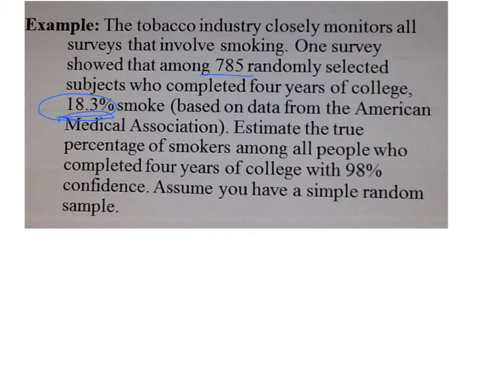So my N must be 785, and my P hat, since it came from a sample, is 0.183, 18.3%. Then moving on in the problem, estimate the true percentage of smokers among all people who completed 4 years of college